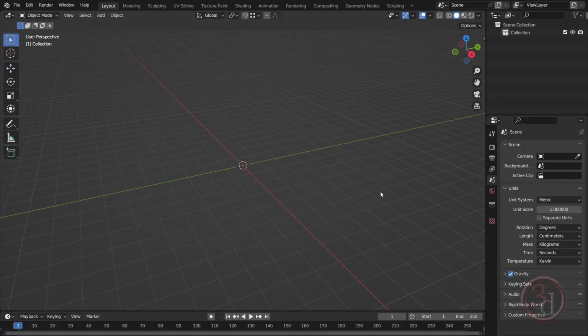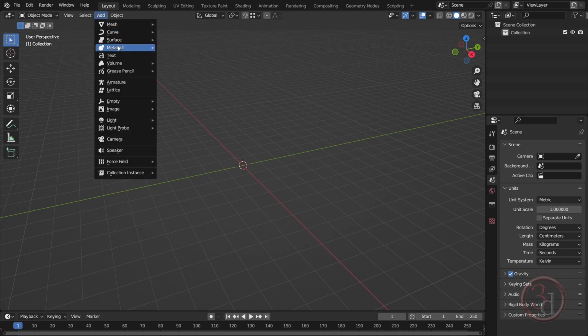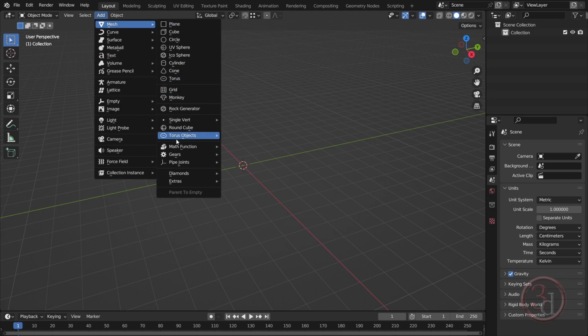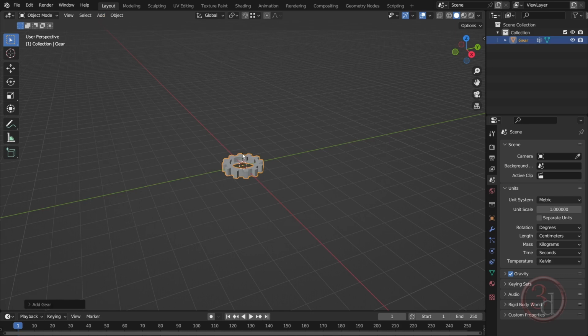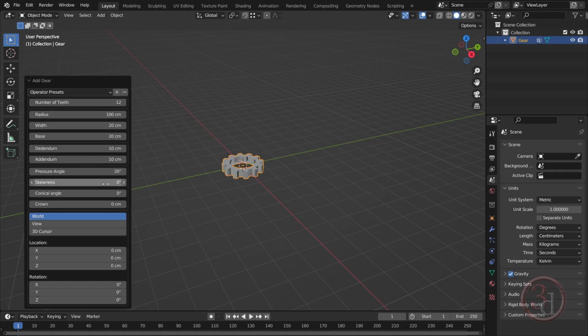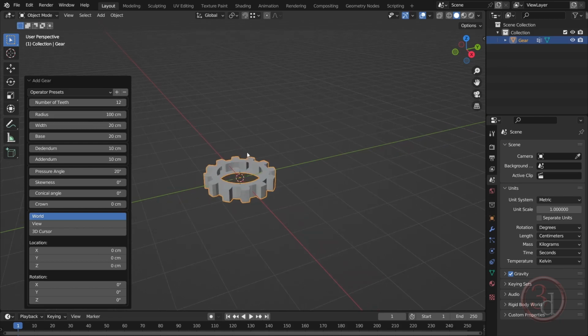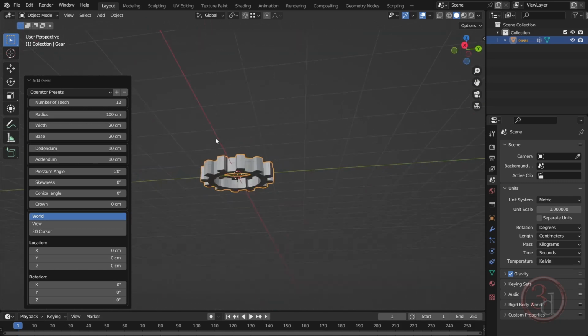Alright, so I will begin and I will create a spaceship with the help of a single add-on. I will start by going to the Add menu, click on Add, and then go to Mesh, and then come down to Gears. And then I can click on Gear. Click to expand the settings. This is where I will be playing with the values, showing the settings to get the basic base shape